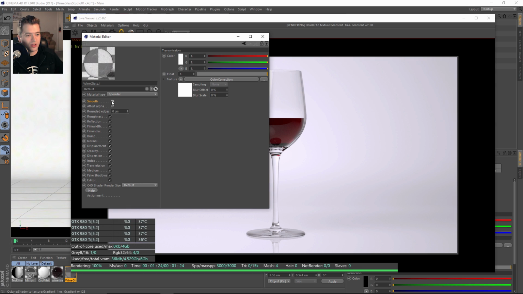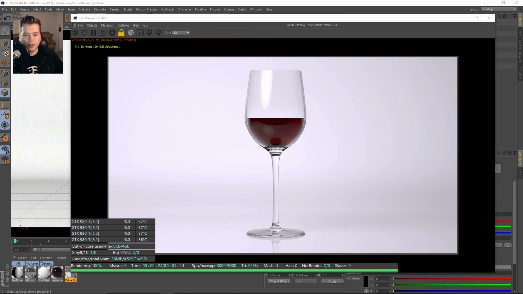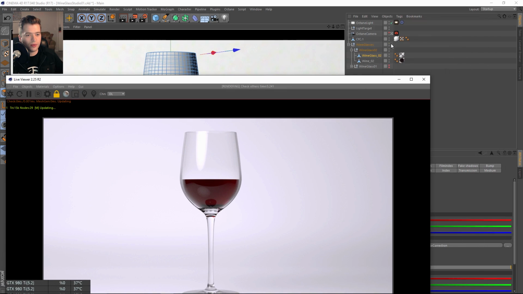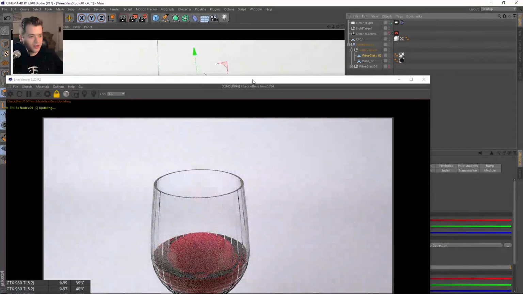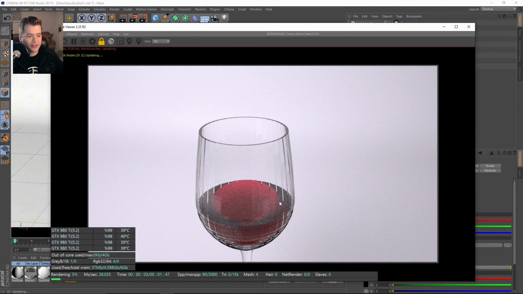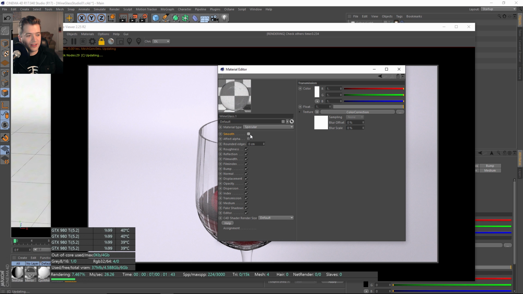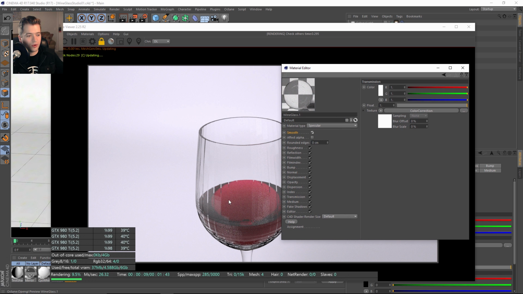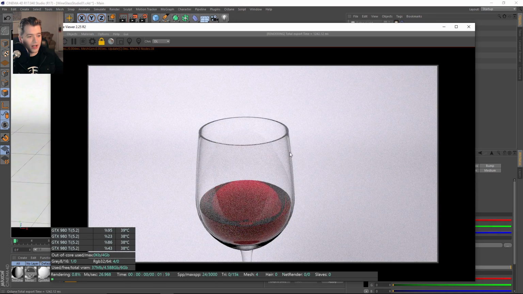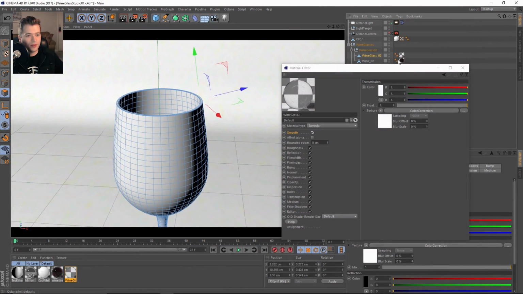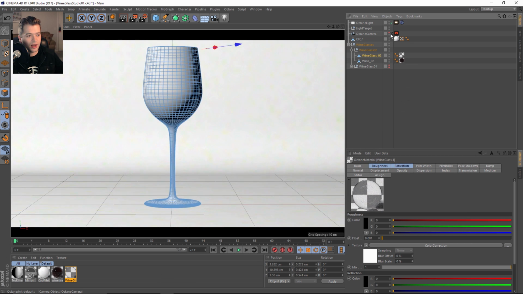Somehow I had this smooth option unticked, and if you untick that and jump up really close, you can see that the glass looks extremely faceted. For the life of me, I could not figure that out until I was messing around with the shader. Process of elimination led me to believe that it wasn't Cinema 4D, and I had enough subdivision, so it was something in the shader. And if we resend that, now you can see that it's very smooth. So that was a gotcha moment that I wanted to pass along to you guys.